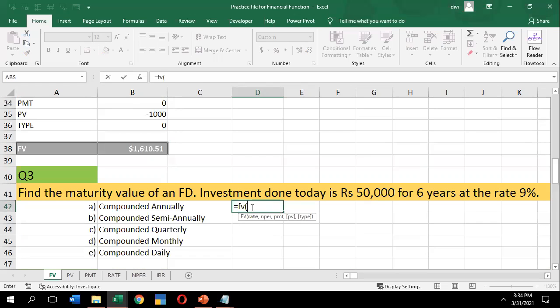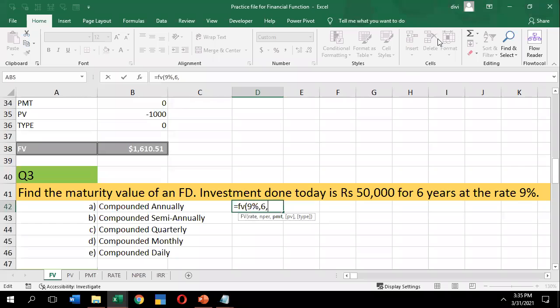Can anyone say what the rate is? 9%, yes. Rate is 9%, comma, NPER, the number of periods. How many periods do I have? 6 periods, comma.